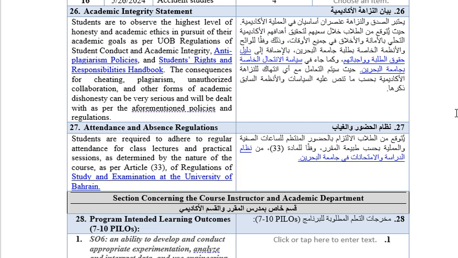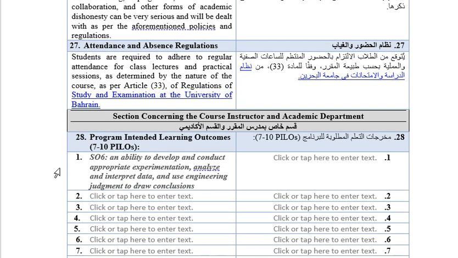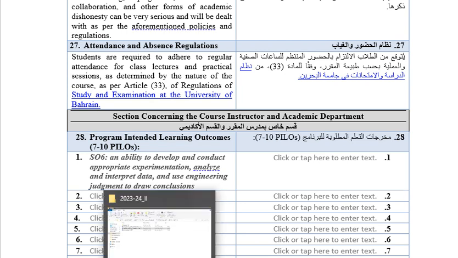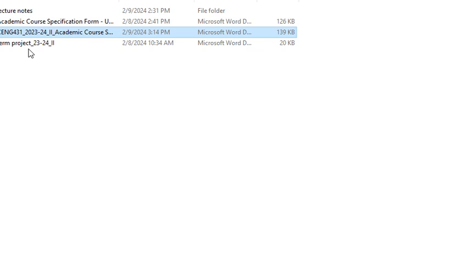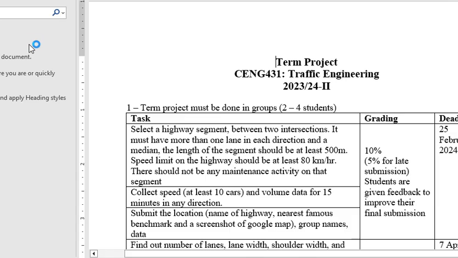Okay, this course is linked with your student outcome 6 of the program, which is ability to develop and conduct appropriate experimentation, analyze and interpret data, and use engineering judgment to draw conclusions. So you will try to do all these things on the traffic data and the traffic flow. Okay, this is it. If you have any specific questions, then you can contact me and I'll try to answer you as best as I can.